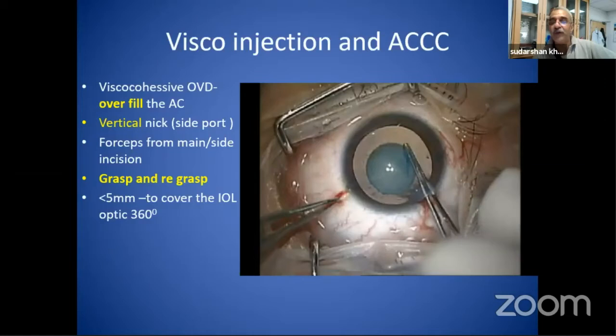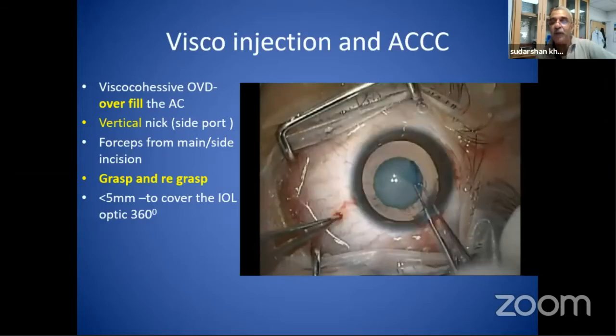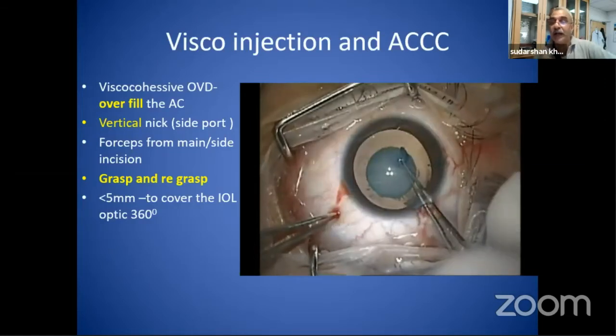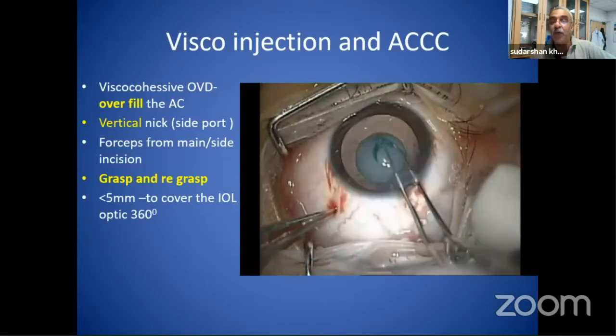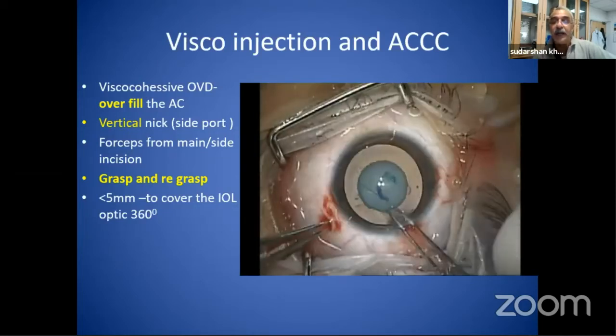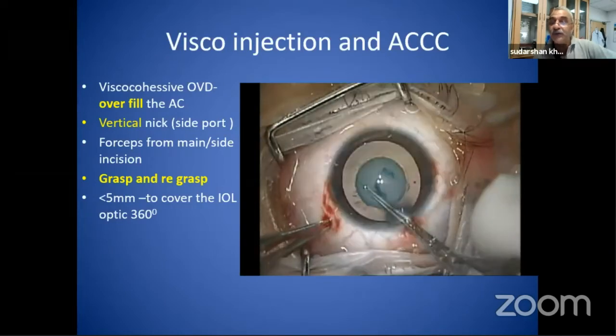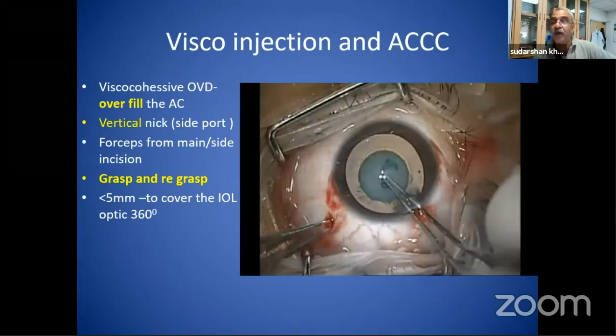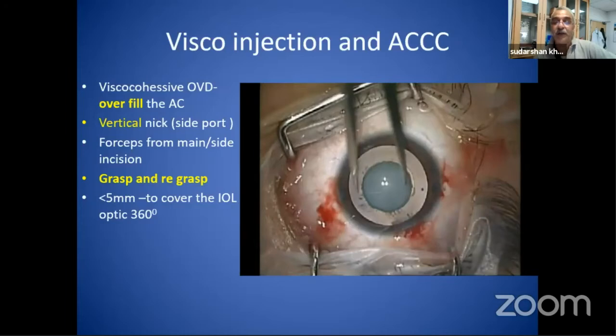Okay, so what you notice here is my central disc is about 5 millimeter. I'm going around it and I'm grasping it again and again, and I'm holding it so gingerly, like I use my putter for golf putting. And there it completes. Try not to rush it. If you try to rush the rhexis, it will always run off. Now see, that is a 5 millimeter rhexis.